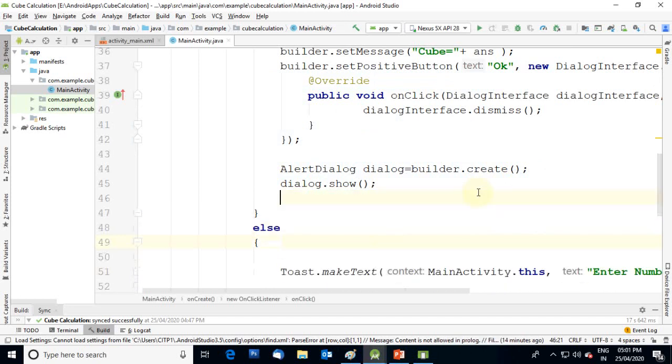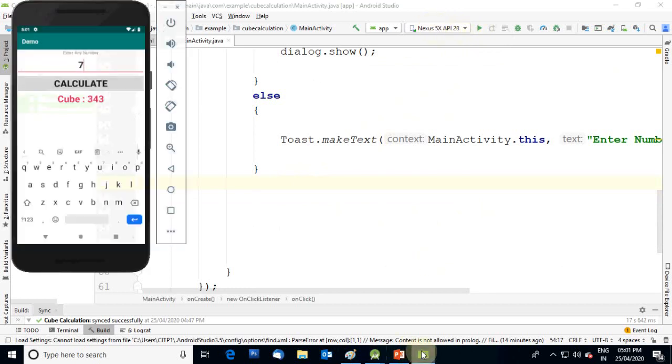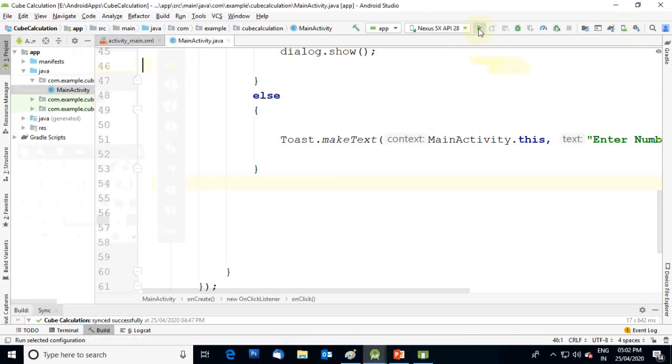So we'll check whether our code is working properly or not. I'm simply going to click on run. One virtual machine, an Android AVD, is already installed there. I am going to click on that run button.